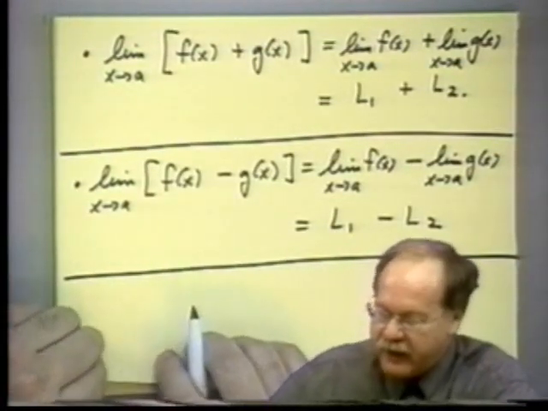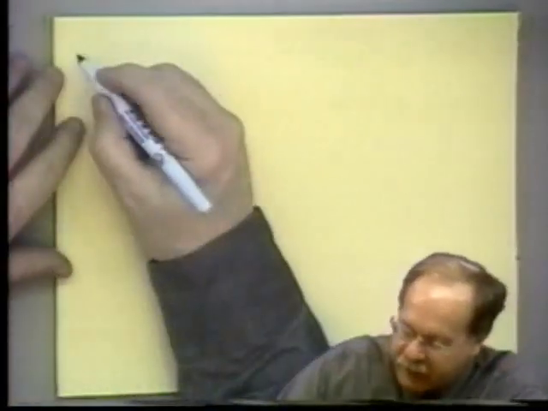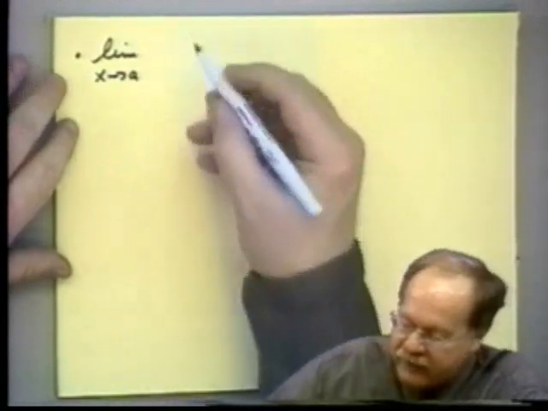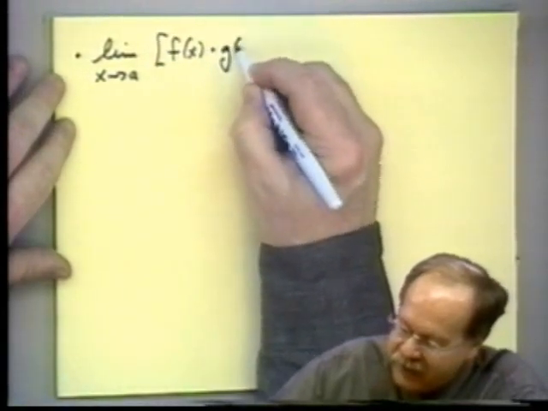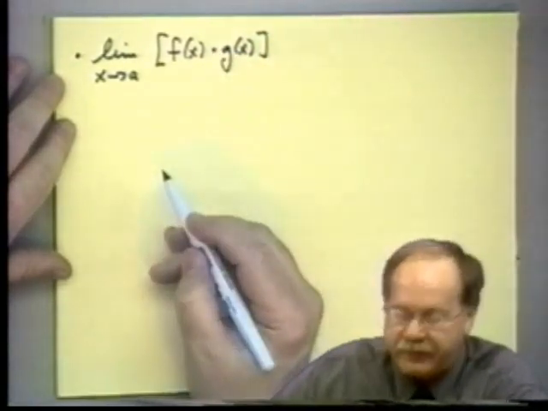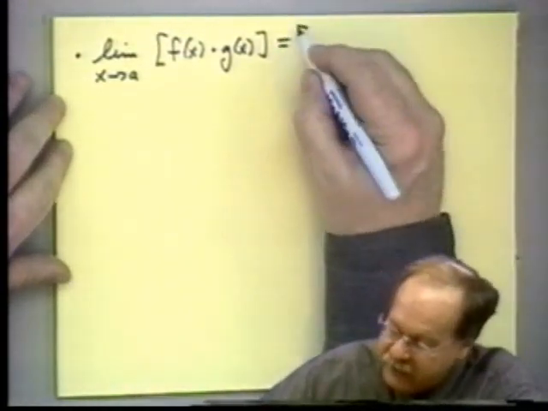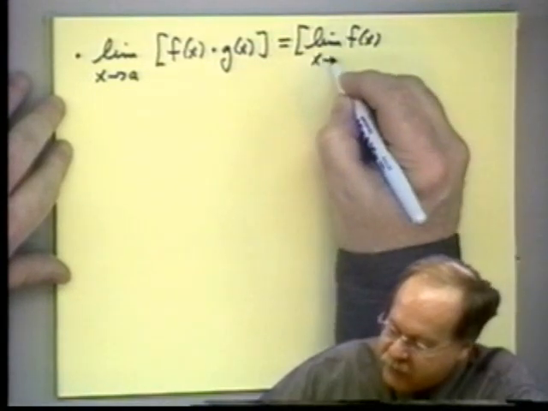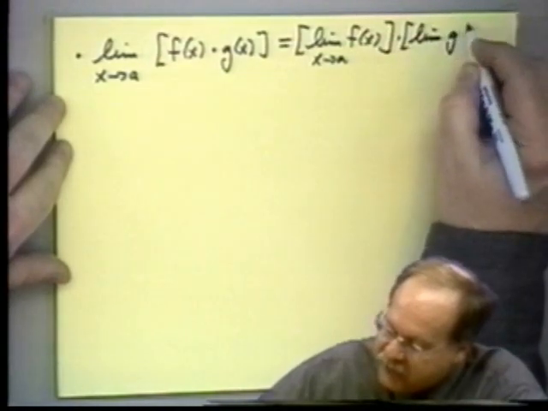So those were the easy cases. Let's now look at a couple of more interesting cases. The next one in line, of course, is the product. So let's talk about the product and some of its implications. If you want to take the limit of f of x times g of x, and I will try and emphasize the multiplication here with a dot. If you want the limit of f of x times g of x, luckily, again, this gives you exactly what you would expect. The limit of f of x as x approaches a times the limit of g of x